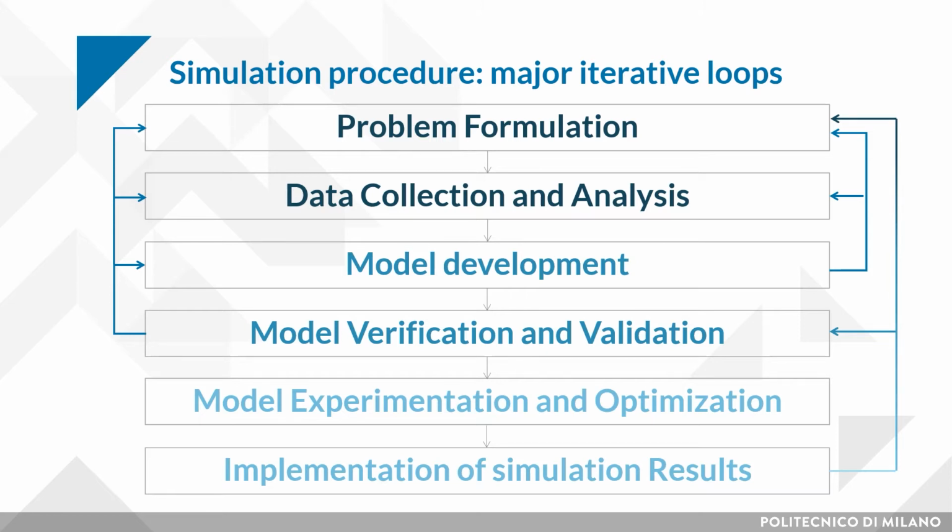Fourth step, verify that the simulation model executes as intended and then validate the model, comparing its performances under normal conditions with the performance of the real system. In case some barriers limit the model validation, the iterative loop allows you to come back to previous steps for tuning the model and then pass the verification and validation.